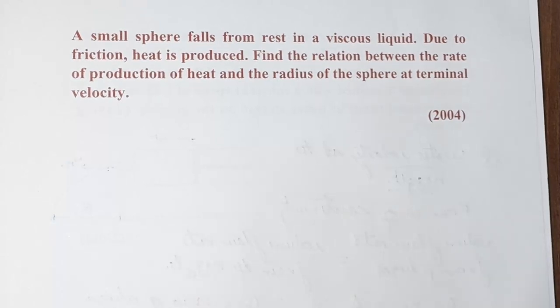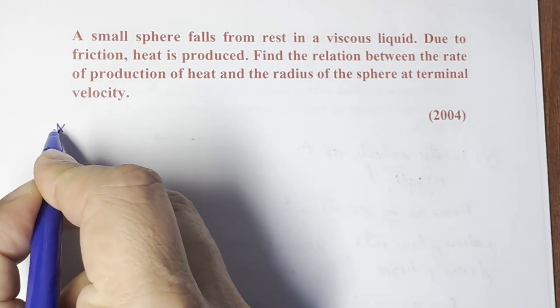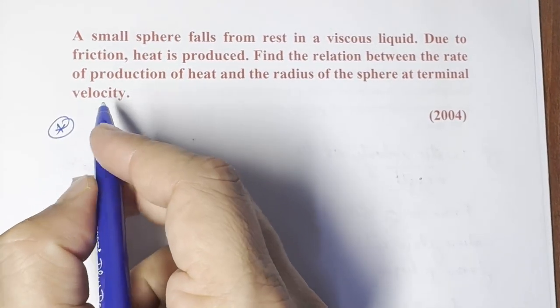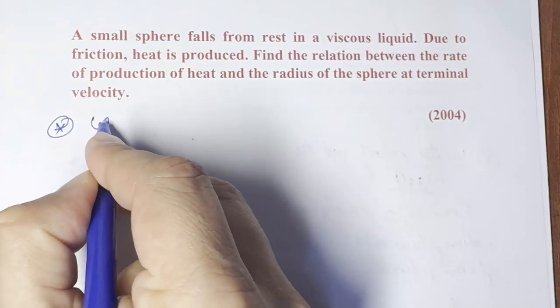So the net drag force will be equal to the net equilibrium forces, and those equilibrium forces will be the combination of your gravitational force as well as buoyant force. So this is basic, and we are going to solve it, and we are going to get the relation from there. So we are going to start from that when